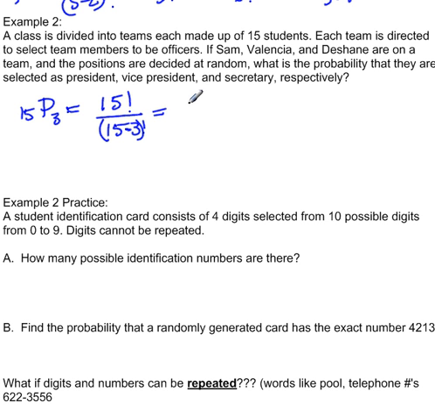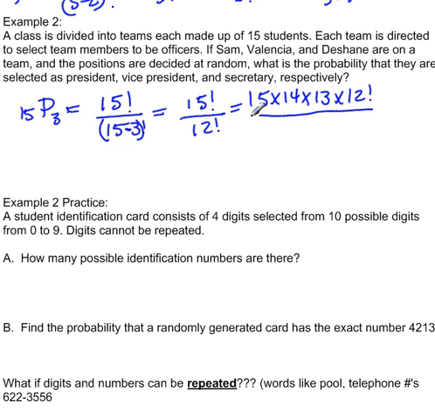So it would be 15 factorial, and a factorial does look like an exclamation point, over 12 factorial. So again, that's 15 times 14 times 13 times 12 factorial over 12 factorial. So those cancel, and then when you multiply 15 times 14 times 13, you get